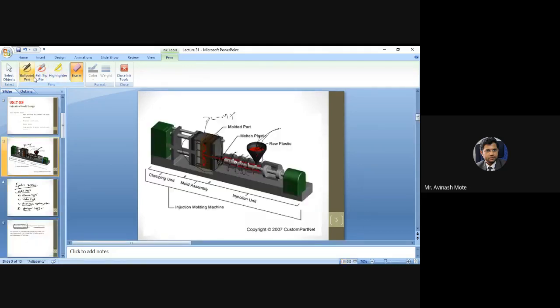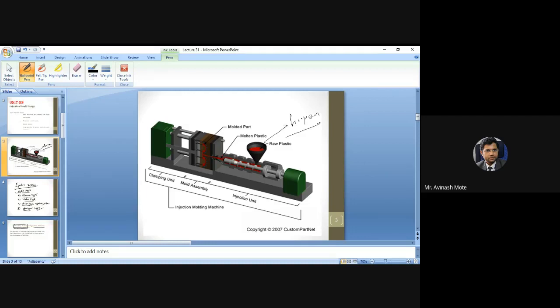If you check here, here is one feeding mechanism. Getting it? This is a hopper, but this is a normal feeding mechanism. As such there is no complicated mechanism here in this hopper. This is called a hopper, from where we are feeding the raw material. It's nothing difficult. It's a simple hopper-type shape, and we are putting the material inside that. Automatically, because of gravity, it will go to the barrel.